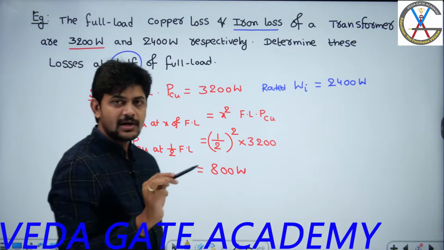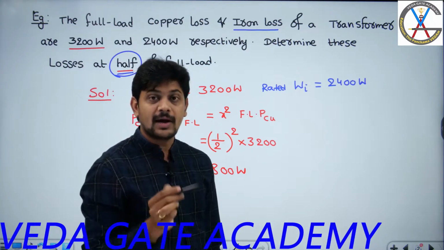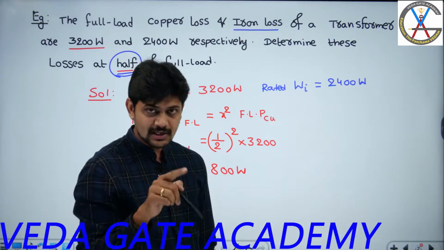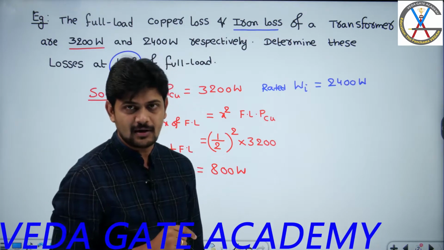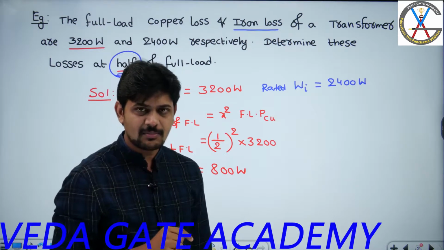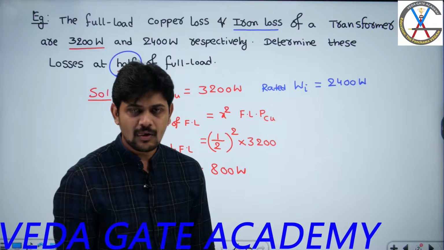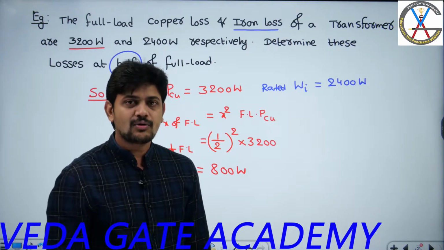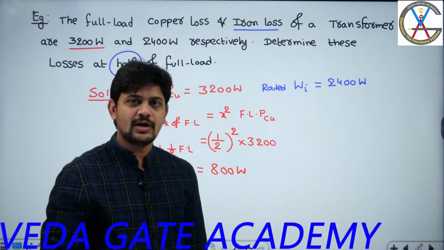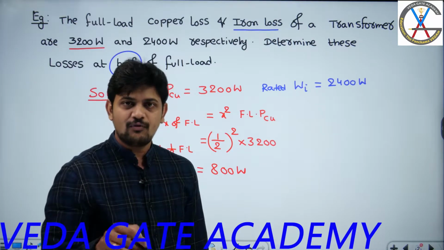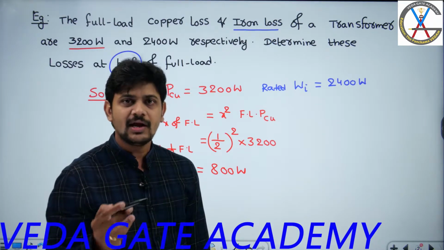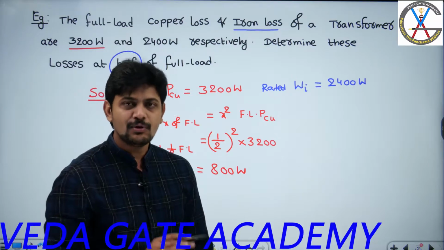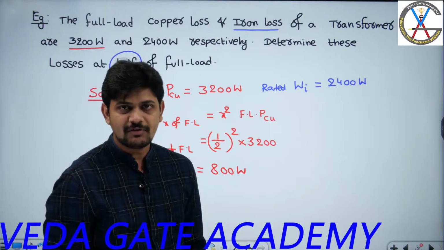That means, the moment I am saying the term half of the full load, my current becomes half. That means, there is a change in only the current parameter. But can I say my iron losses depend upon the magnitude of load current? No, right? My iron losses are constant losses, right? So they are not going to change from no load to loaded condition, or from full load to 3/4 of the full load, or any kind of loading conditions. It purely depends upon the supply voltage and frequency, right?